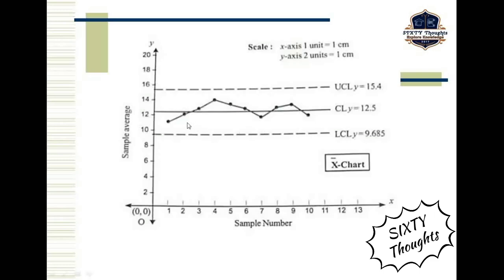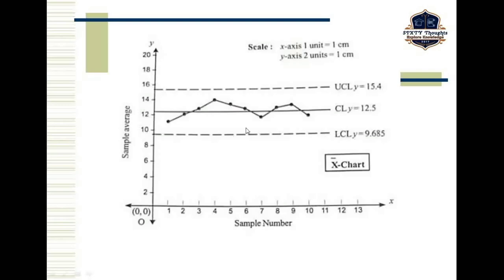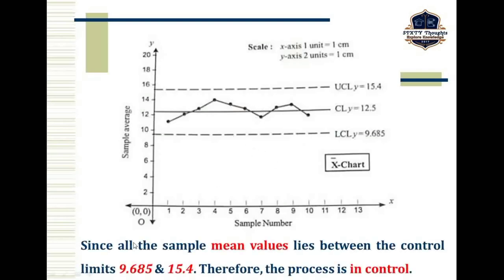Here you see in this graph all the sample means, that means all the sample average life values, lie between the upper control limit and the lower control limit. Therefore the process is called what? In control. In case any one sample value does not lie between the control limits, which means the upper control limit or lower control limit, then the process is out of control. So coming to our problem, the process is in control. So now we write a general conclusion: since all the sample mean values lie between the control limits, that is 9.685 to 15.4, therefore the